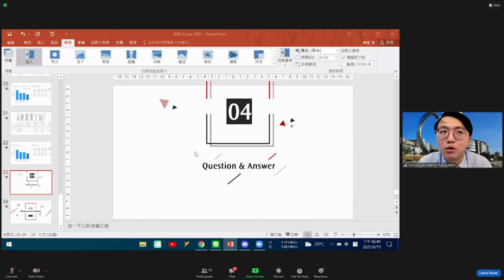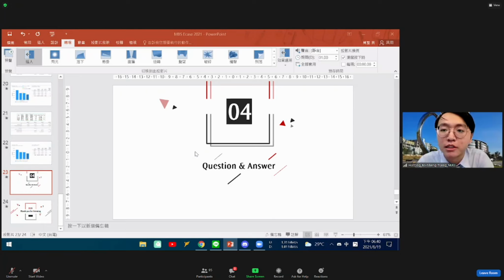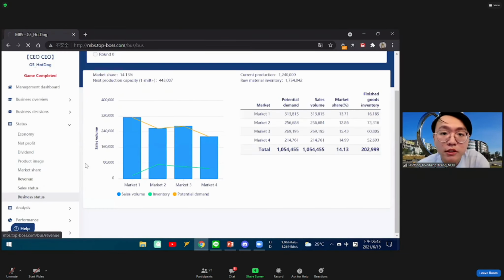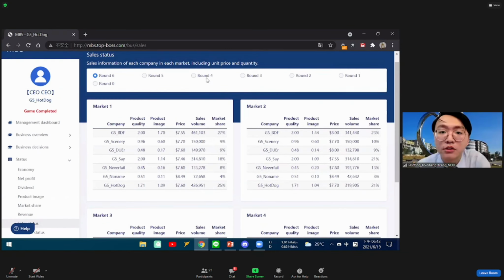First, we raise the quality expense to keep our quality the best in this competition. And the second, we keep investing in our marketing expense to keep our marketing the highest. We use the sales status to forecast their action, so we can know the price.